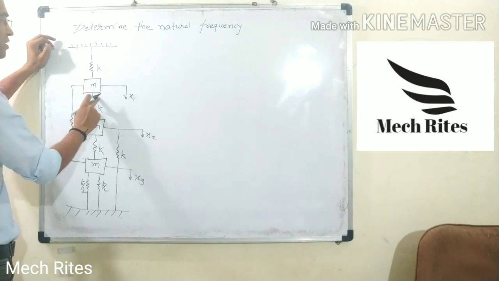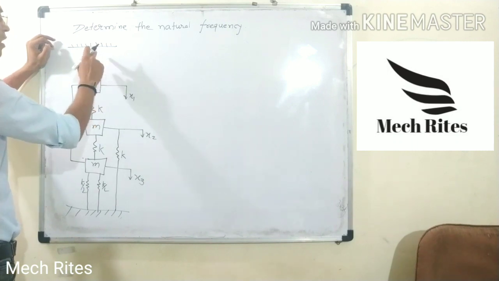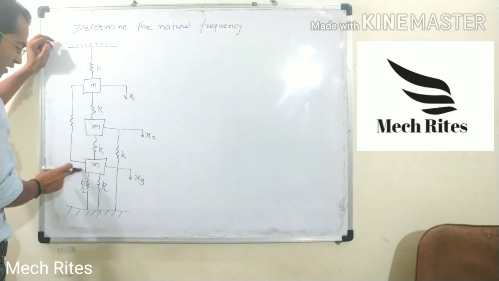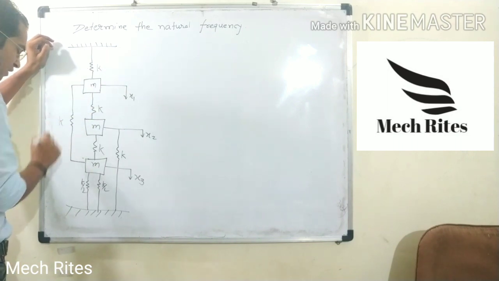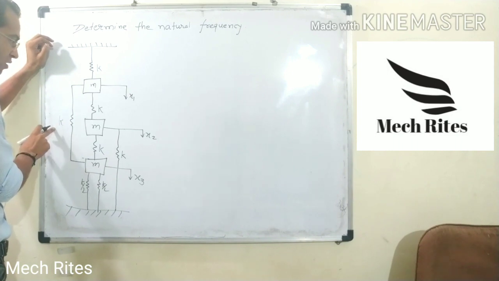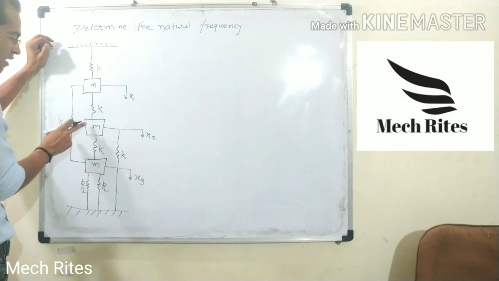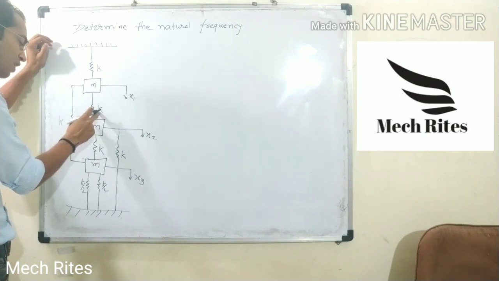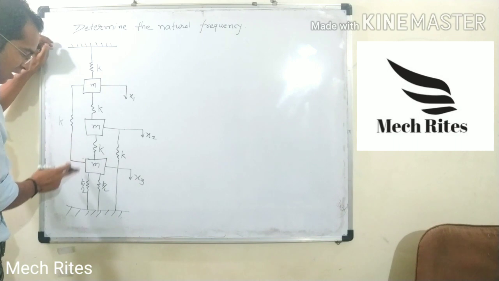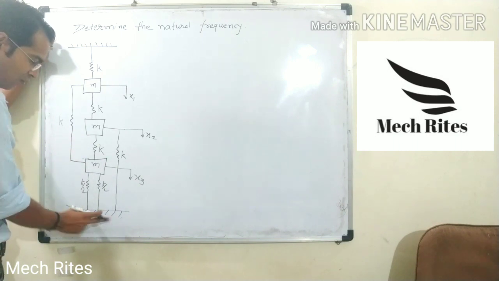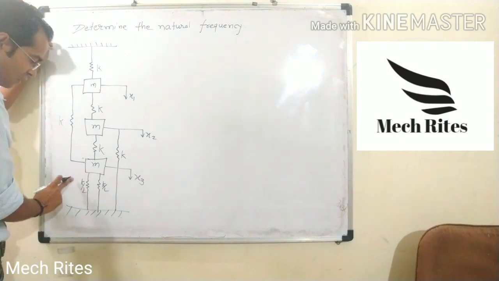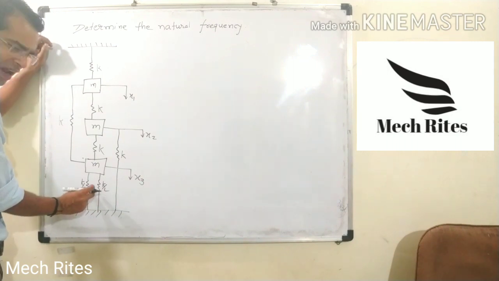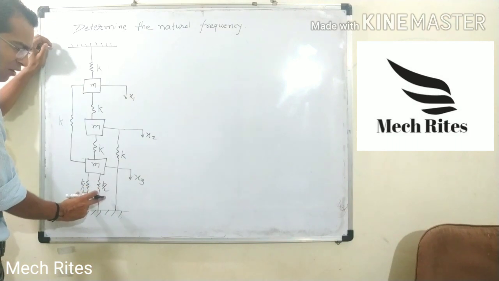First mass M is connected with one spring to the fixed system, K. Again it is connected with the third mass with spring stiffness K. First and second are connected with one spring, also with spring coefficient K. Second and third is connected. Third and the final fixed point is connected with springs K by 2 and K by 2, and both are in parallel, so we may write it directly K or K by 2 or K by 2 according to the question.